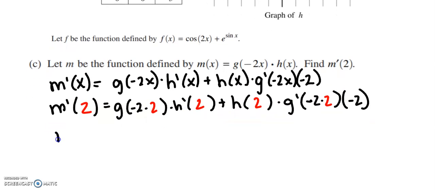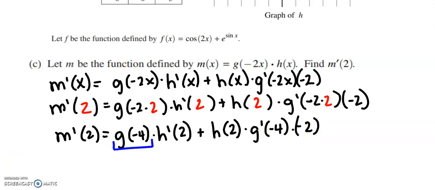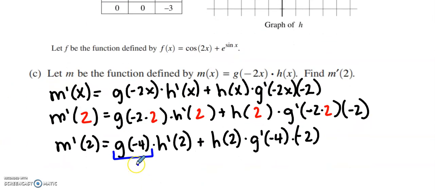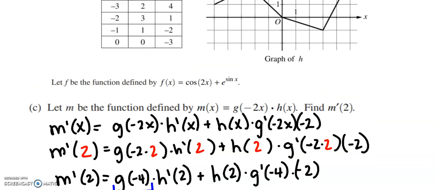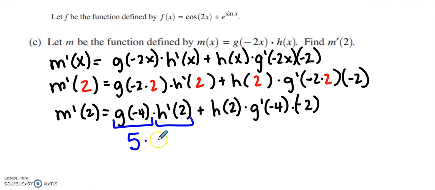So m prime of 2 is looking like g of -4 times h prime of 2 plus h of 2 times g prime of -4 times -2. So let's go through and find all these things. G of -4, g was in the table, so g of -4 is going to be 5. H prime of 2, we already found earlier? Yes, we did. H prime of 2 is equal to -1/3